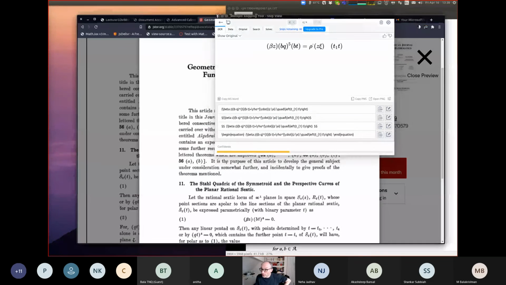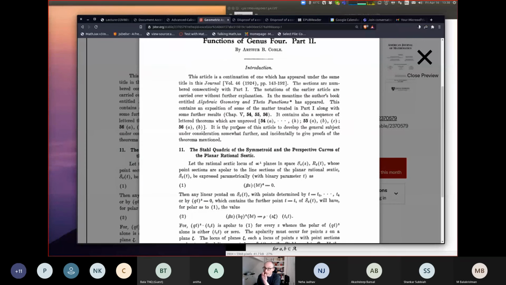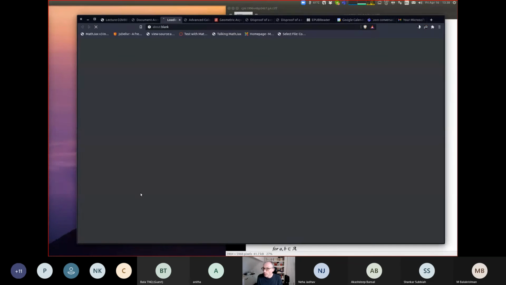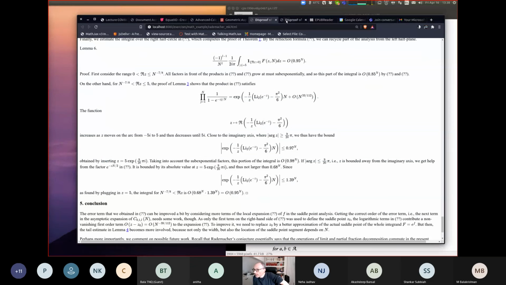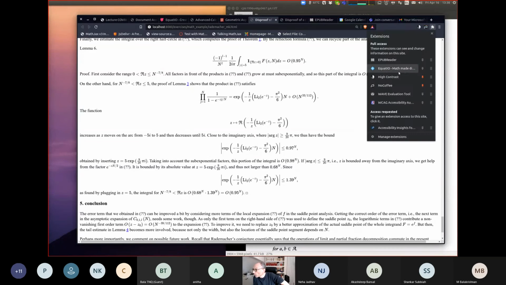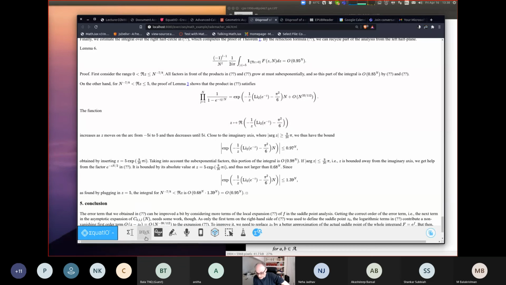Right, so that's one way of doing these things. Another way of doing these things is using a system called Equatio. I've got a link here. And the nice thing about Equatio is that you can install it inside your browser environment, meaning that you can simply, here's a piece of math, run Equatio from here, and it opens up a toolbar at the very bottom of your screen,